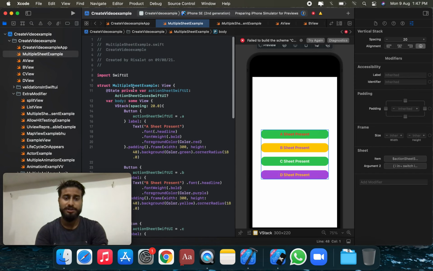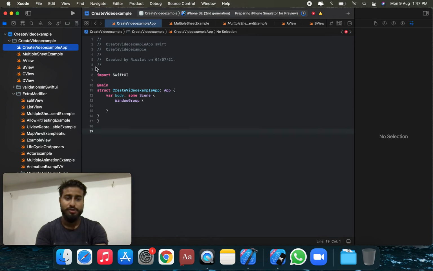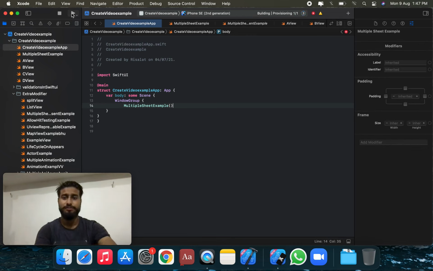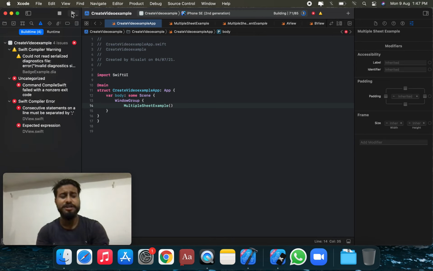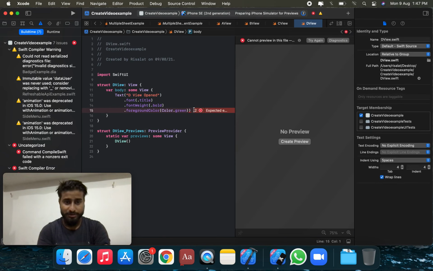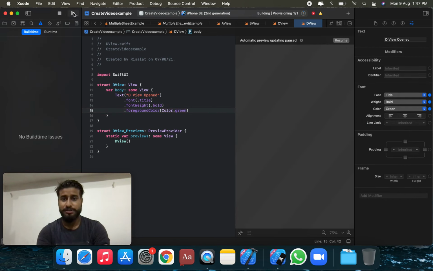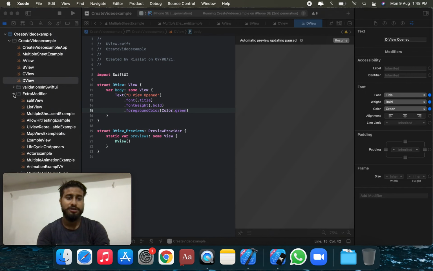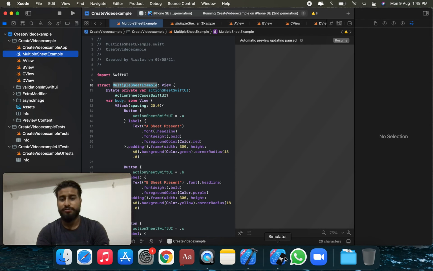We're going to apply on these sheets and multiple exam sheets. We're going to open your window group. We're going to run this application, and sheet presents a sheet when a binding to a boolean value that you provide is true. We're going to check this error. So the view which has, we're going to apply on this view foreground color, run this application. Okay, we're going to run this application. Remove this, this is multiple sheet, run this application,